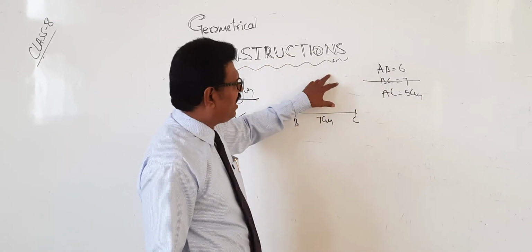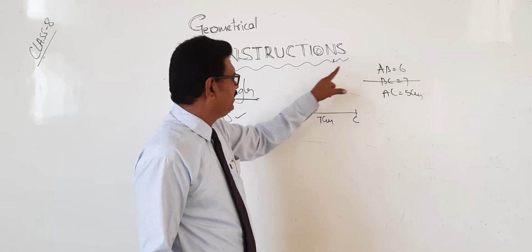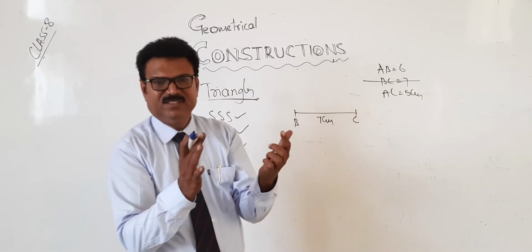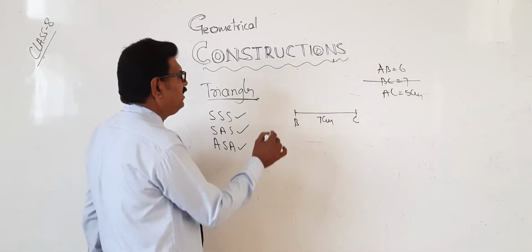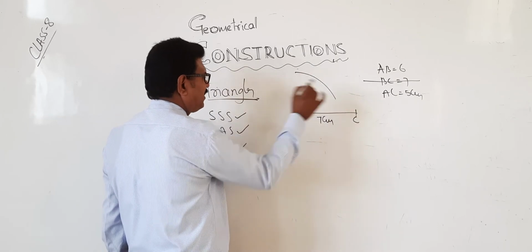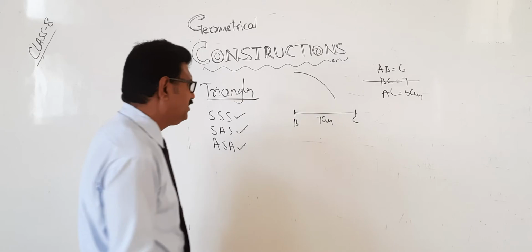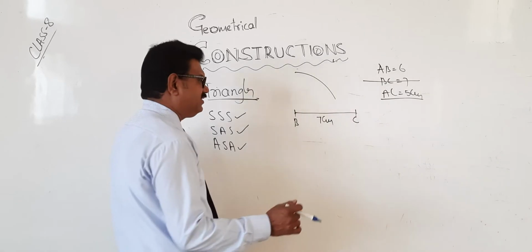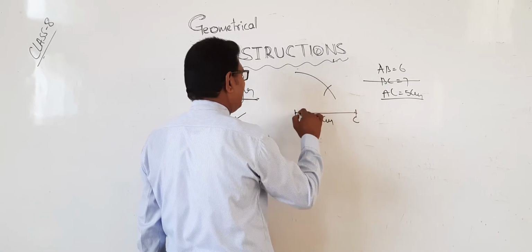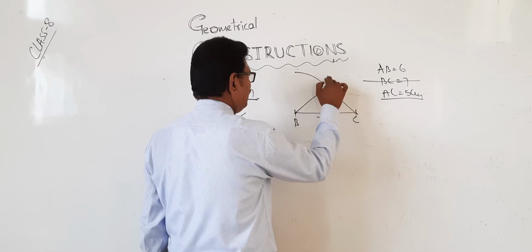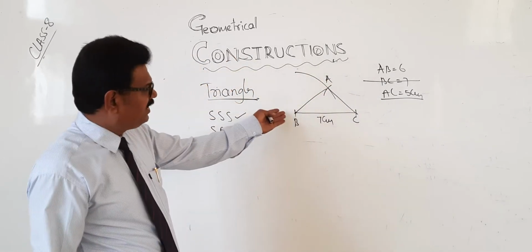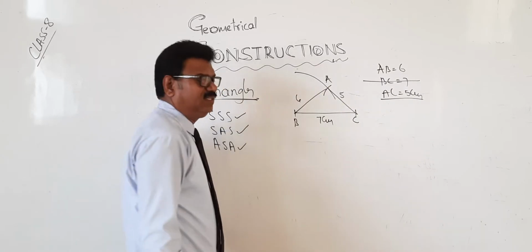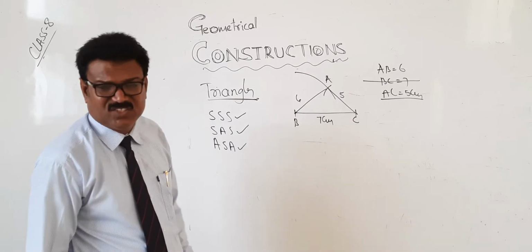Now the point A is on the upside, because of AB and BC. AB how much is there? 6 centimeters. Take the compass, take 6 centimeters. Keeping on B, draw one arc. Next, taking 5 as radius with the compass, keeping on C, cut this arc over. Therefore, this is nothing but A. Now triangle ABC has become BC 7, 6 and 5. This is the construction of a triangle when all the sides are given.